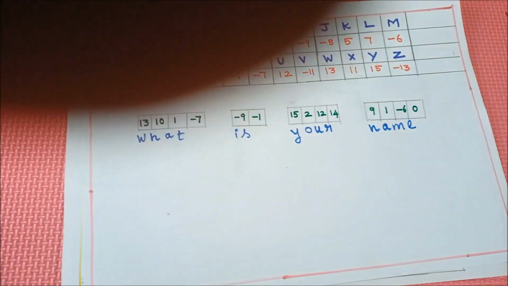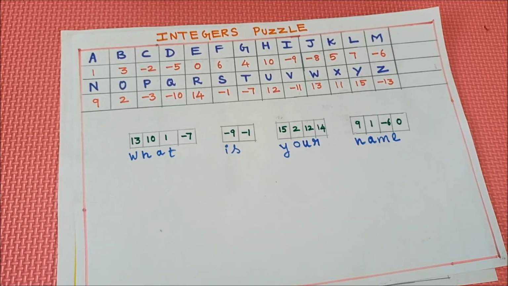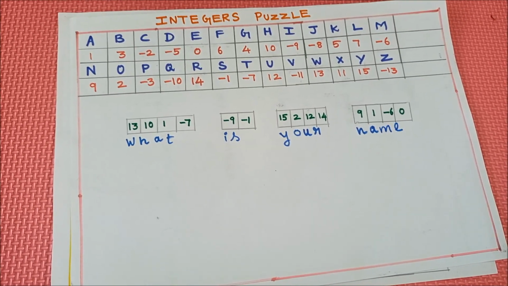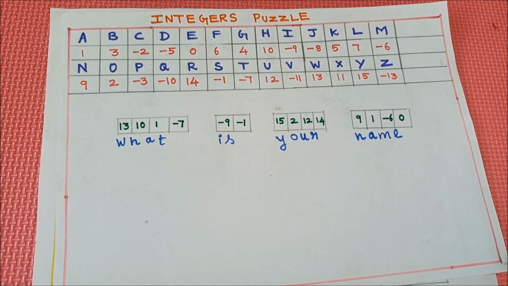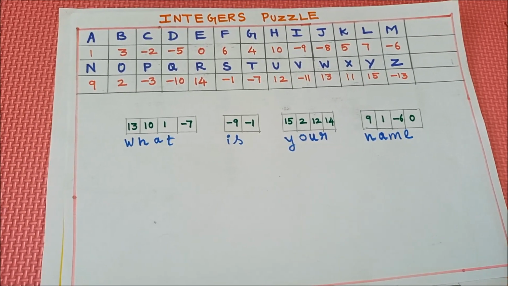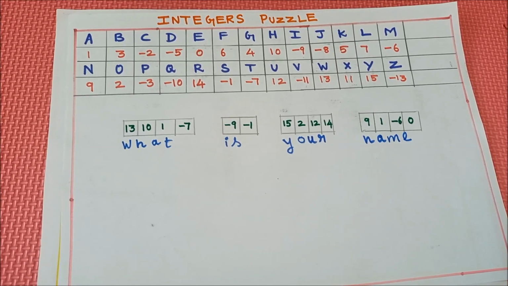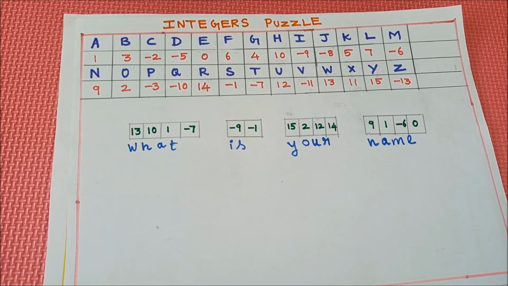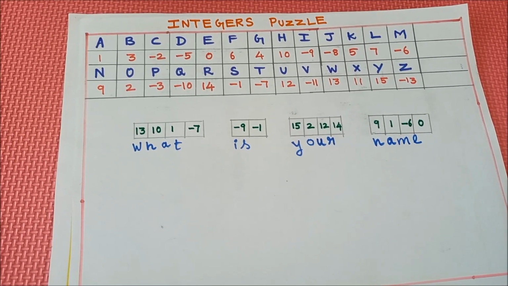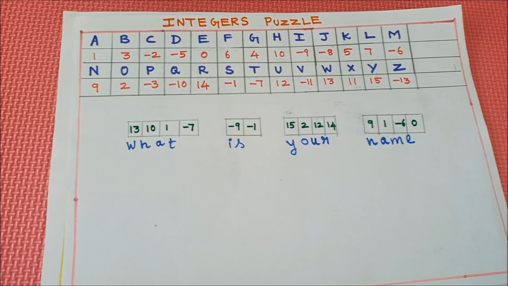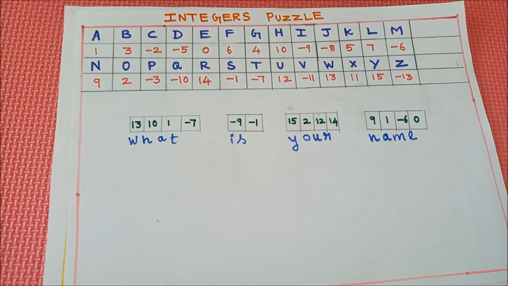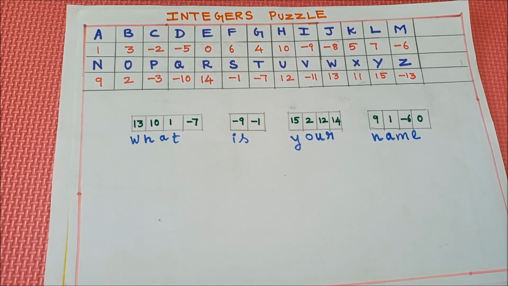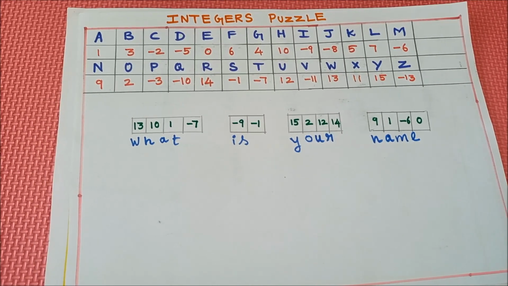Okay. So, here using the integer puzzle, we got the question, what is your name? For this, you have to give your answer. But this one I solved as an example. Based on the same model, you will get a few more puzzles in your activity sheet. You have to find the correct question and you have to find the answer also, children.